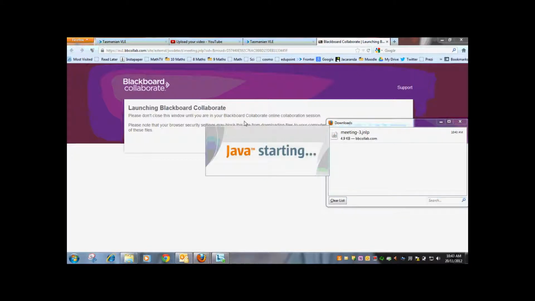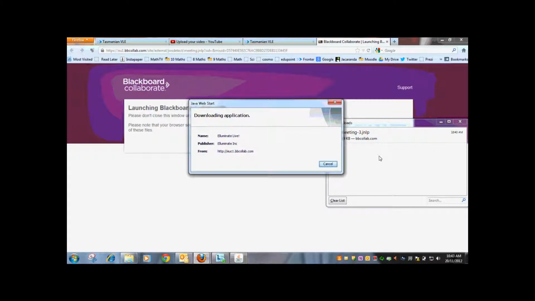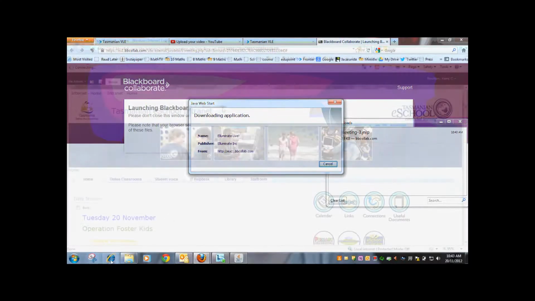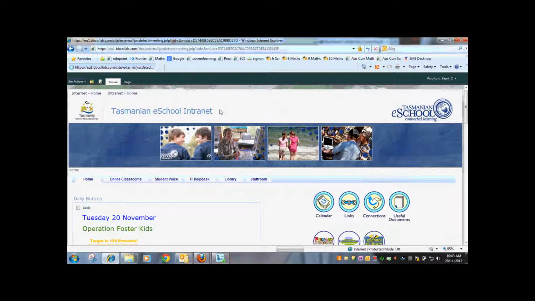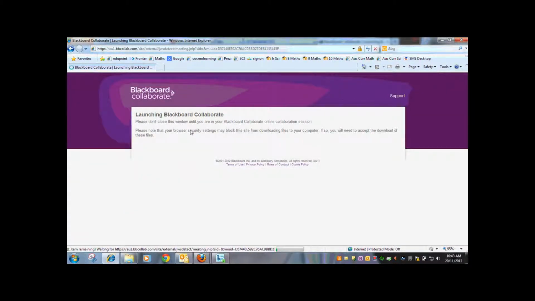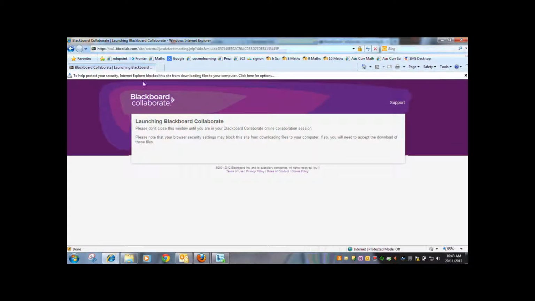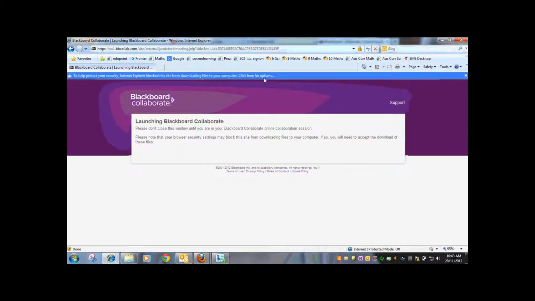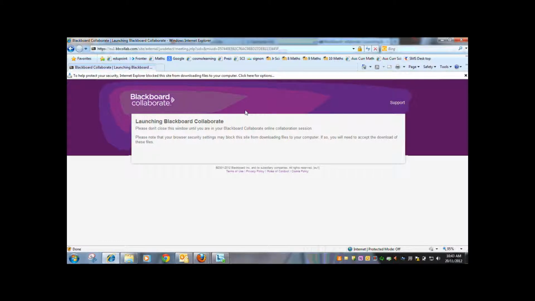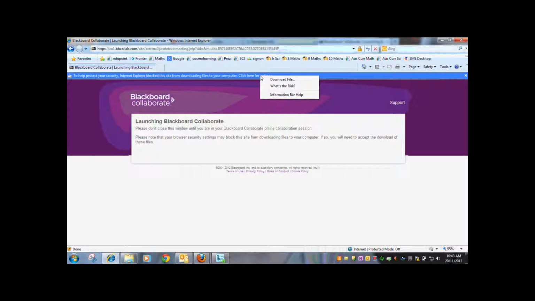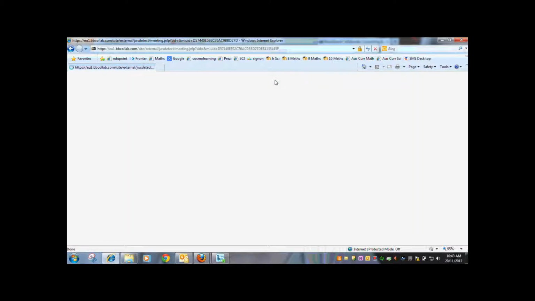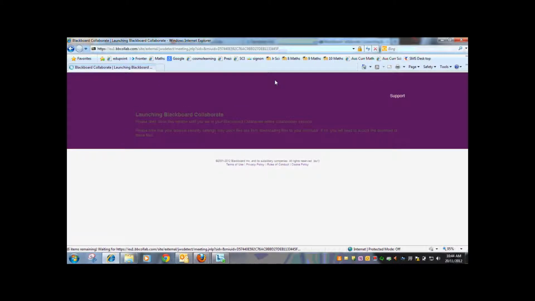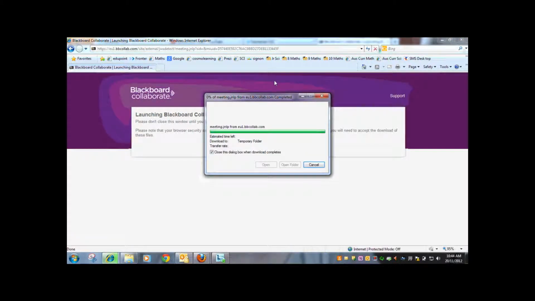there is a couple of different ways that this happens. I'm using Firefox and the download button comes up. Download dialog box comes up and it automatically takes me in. If I enter the live room in Internet Explorer, the little drop down blocker appears at the top in that tan colour. You need to highlight it, right click or left click, doesn't matter, download file. If you don't do that, it will stall the process at that point